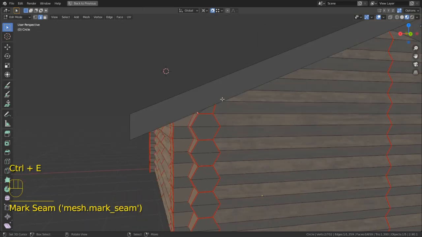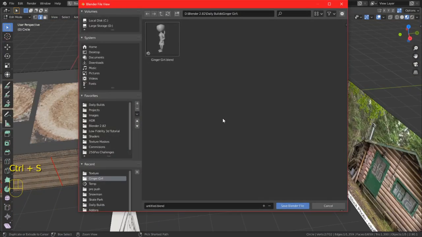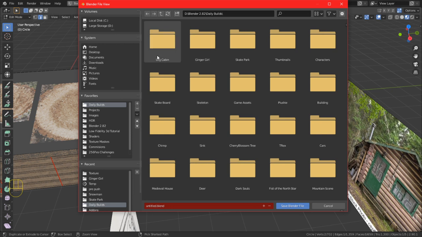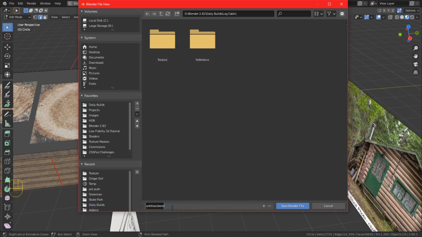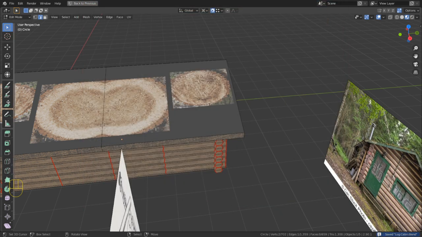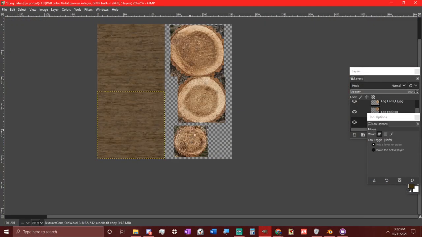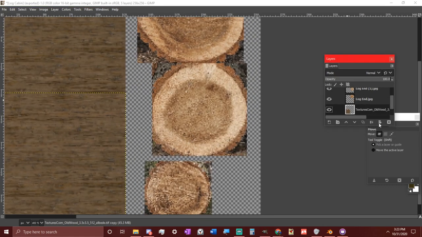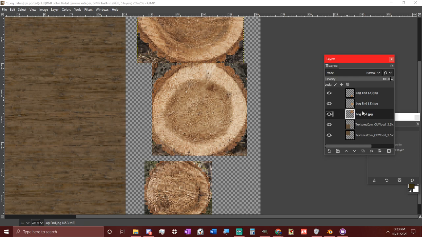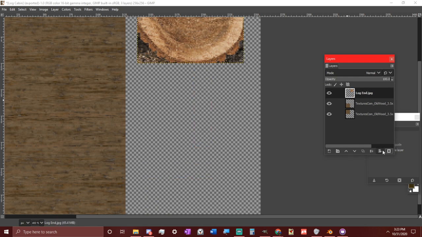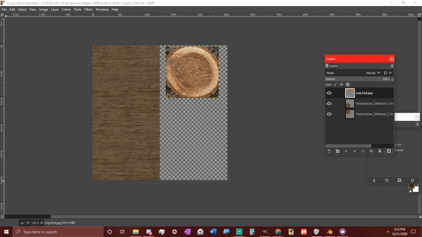Okay, get rid of that one. Daily builds, log cabin. Cabin. There you go. Log cabin.blend. Okay, let's load. There you go. I think we're just gonna delete two of these. We're just gonna delete this one and that one, those two small ones. We're gonna go and find a